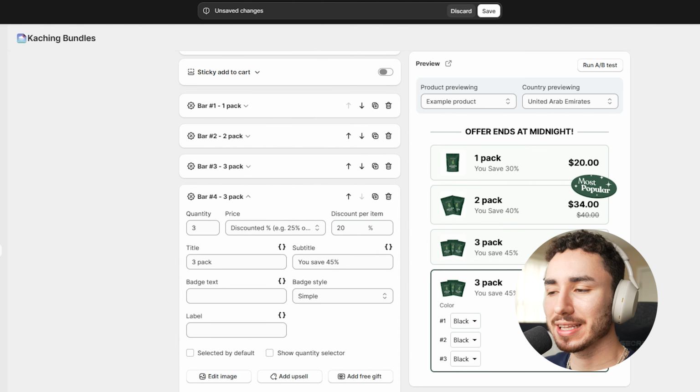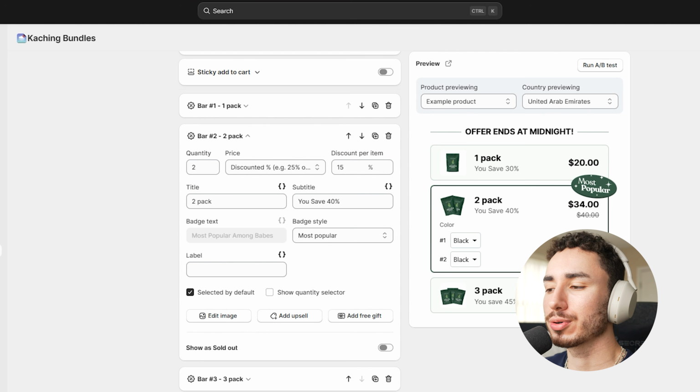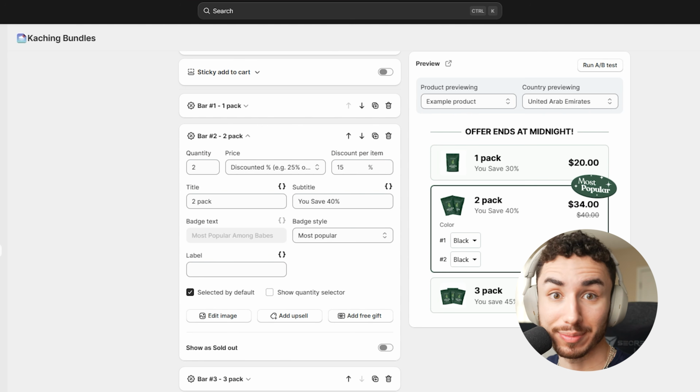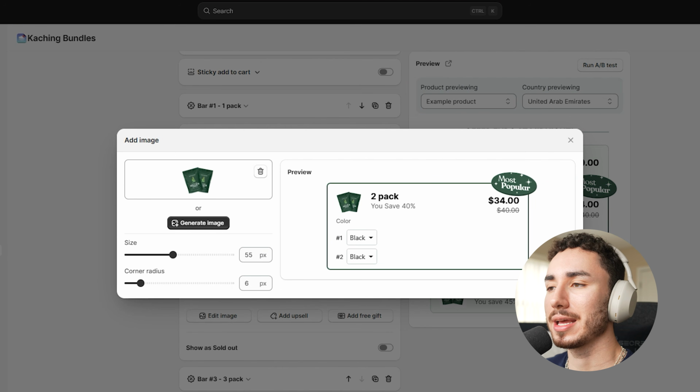I usually recommend though, just because of option fatigue being a thing, you don't want to have more than 3 options. And usually you'll pre-select the one you want people to choose. So it's typically going to be the middle one. And if you're wondering, how do we get this image? All you have to do is click on edit image, and that's where you can drop in a Canva version